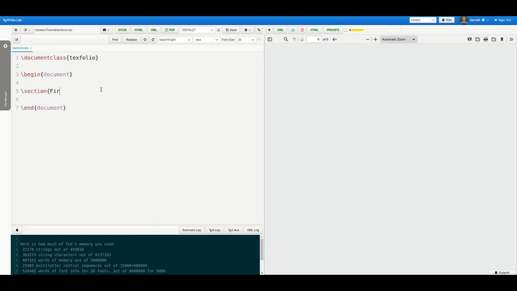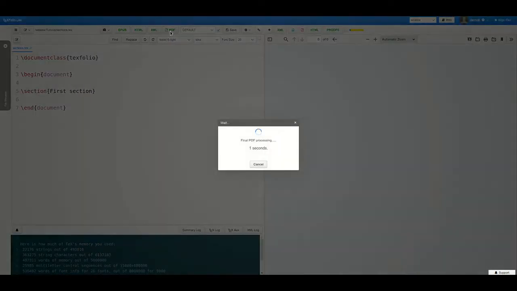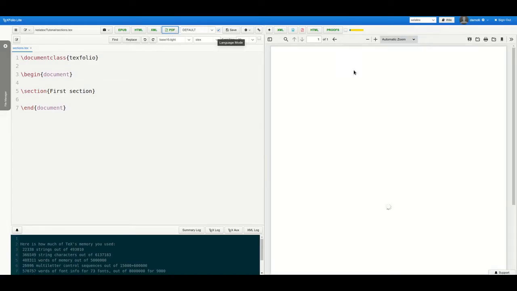For this we are using \section command and enclosing the heading or the text inside the curly brace. Now click on the PDF button to get its output. See, the section is numbered automatically.